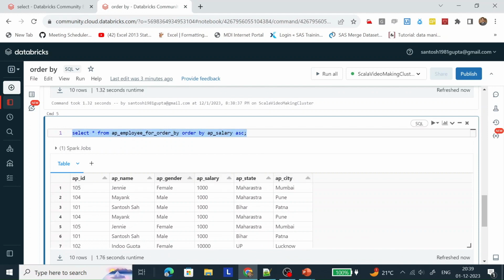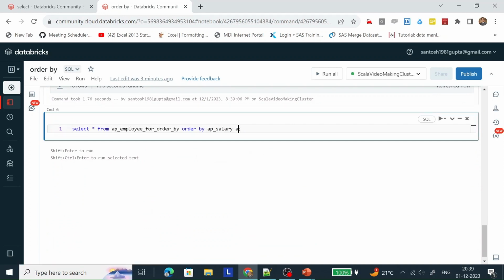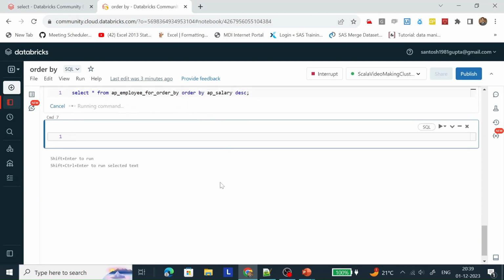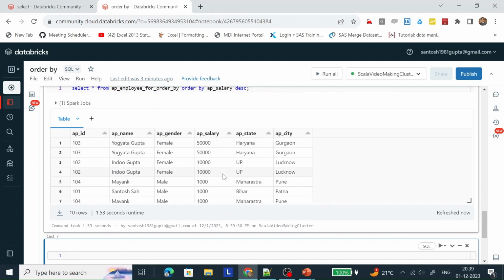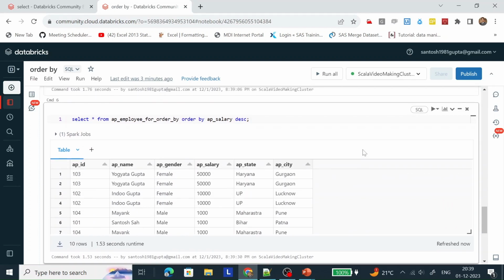Let me do it in descending order. We can see it is starting from highest to lowest, because this is how descending order sorts. If a column is of an integer type, it will sort from highest to lowest.